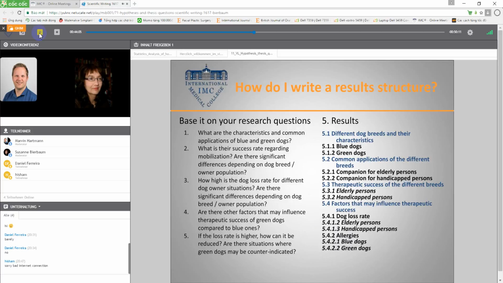Just a detail. And that means, that's just an example, here subchapters are added to the large ones. These are obvious, different characteristics for blue, for green, for